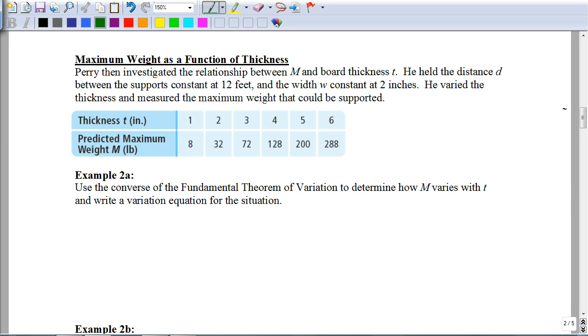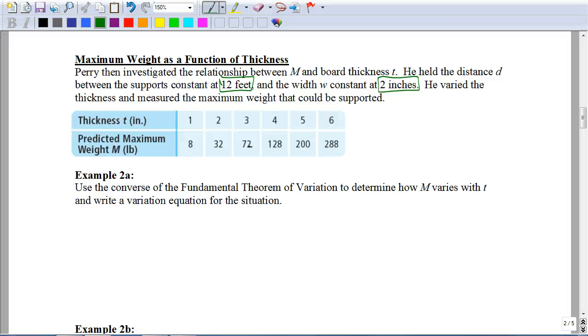So now we already looked at the width of the board, now we're going to look at the thickness of the board. In which case, we're going to again keep the distance between the supports the same at 12 feet. We're going to keep the width the same at 2 inches. So all of these boards are 2 inches wide. We're just varying the thickness of the board and measuring how much weight they could handle. So you can see a 1-inch thick board could hold 8 pounds. A 2-inch thick board could hold 32 pounds, and so on, all the way up to a 6-inch thick board